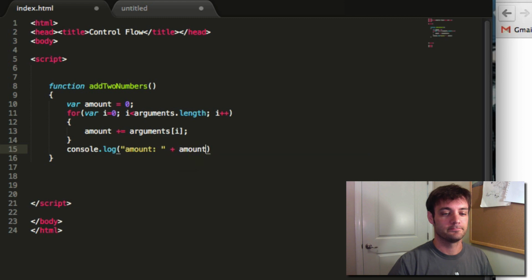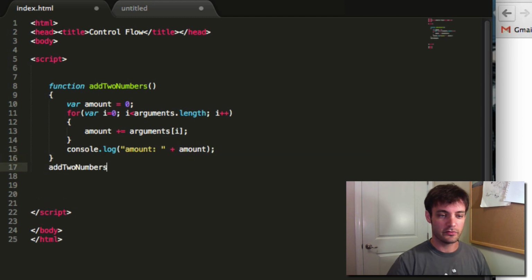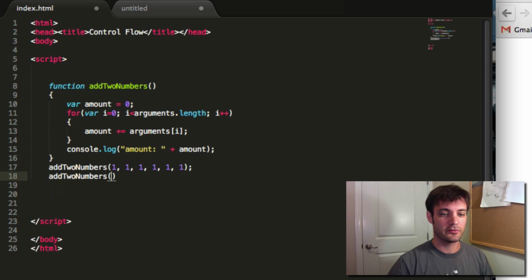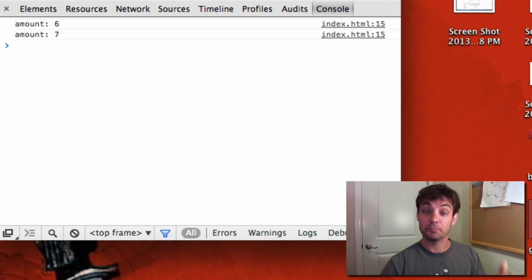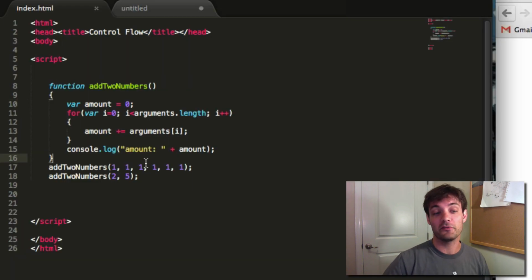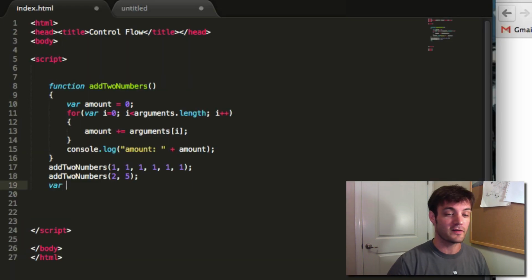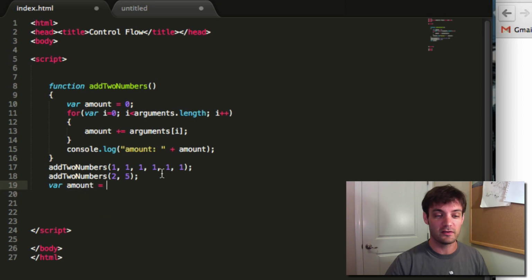Whoops, new line. Add two numbers, 1, 1, 1, 1, 1. Add two numbers, 2 and 5. Right? And the cool thing is, amount doesn't get affected at all. We could actually create another variable over here called amount and do things with it, and it would never affect